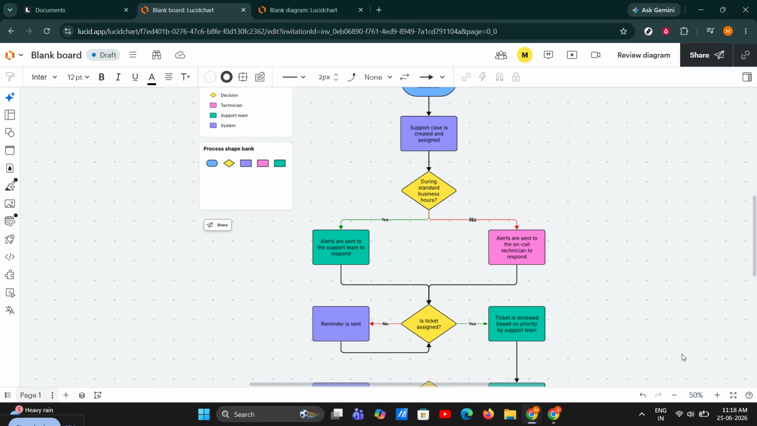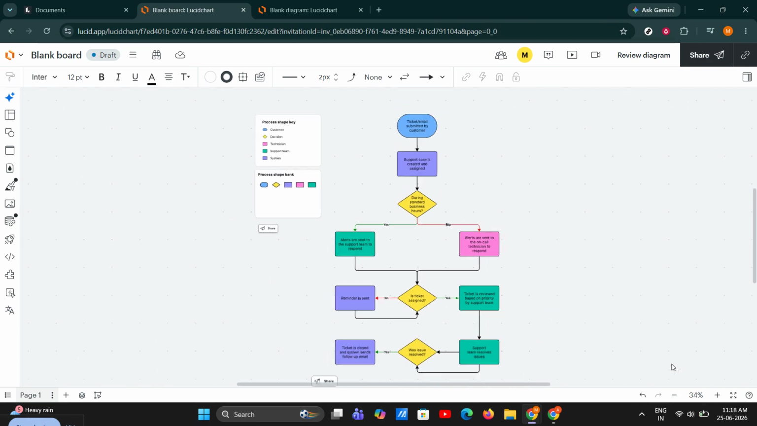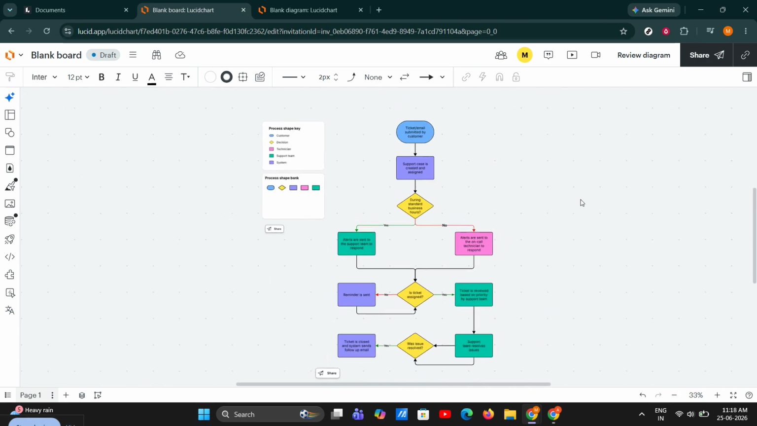So to quickly recap, if you want to zoom in on Lucidchart, you can hold Ctrl or Command and scroll up with a mouse, use a pinch out gesture on a trackpad, press Ctrl or Command plus equals on your keyboard, or use the plus button in the bottom right zoom controls. All 4 methods do the same basic job, but each one is useful in a different situation depending on how